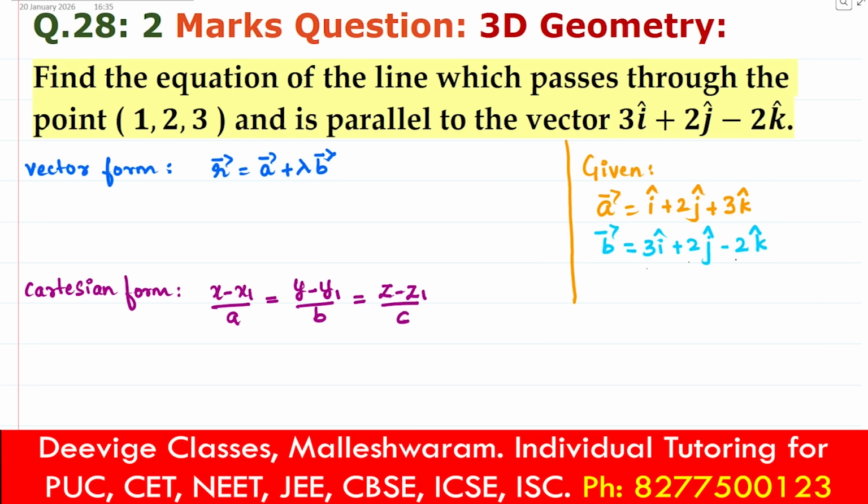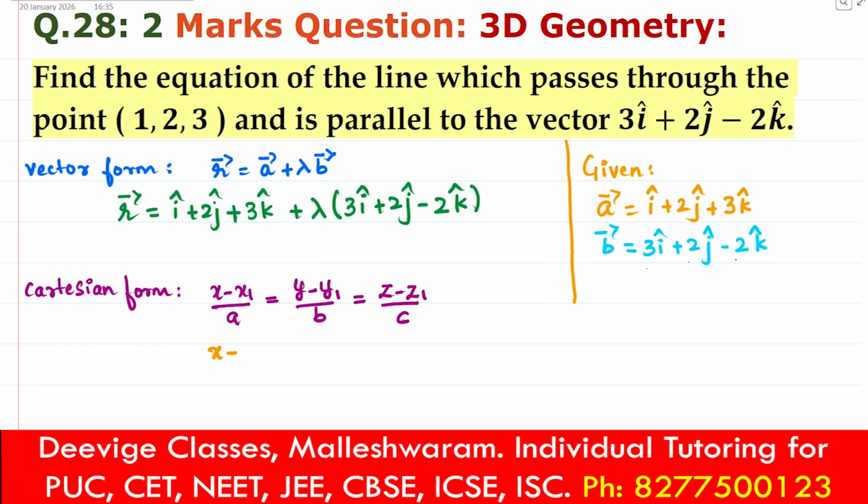Okay, so now we have to substitute the values of a and b in the vector form. The vector form will be vector r is equal to i cap plus 2 j cap plus 3 k cap plus lambda into 3 i cap plus 2 j cap minus 2 k cap. And the Cartesian form is